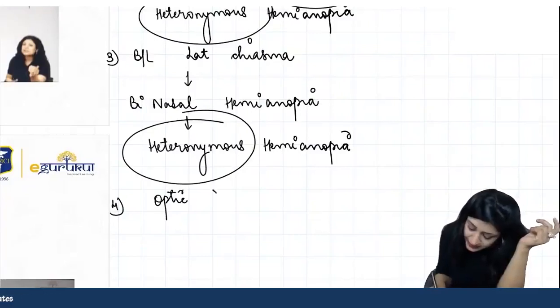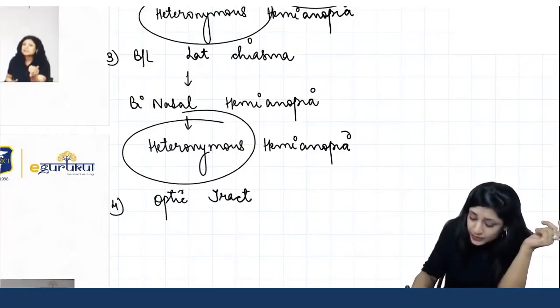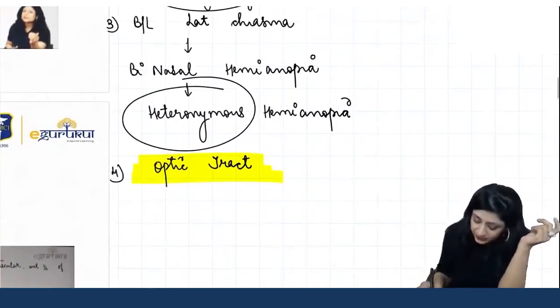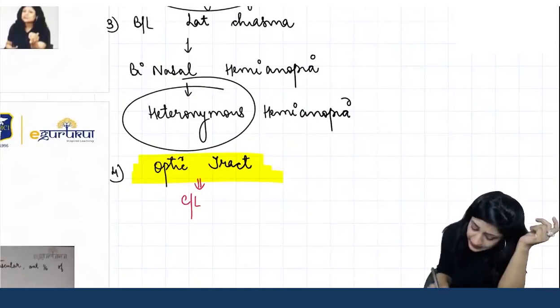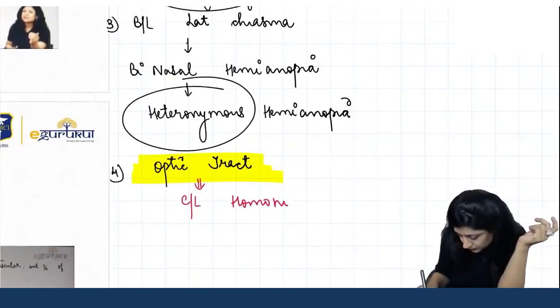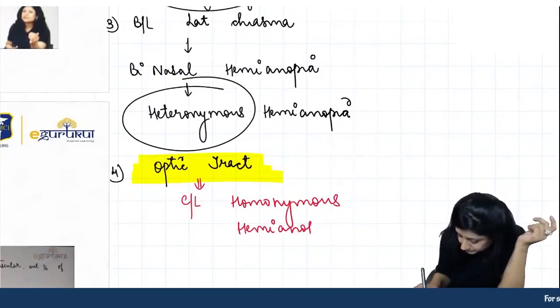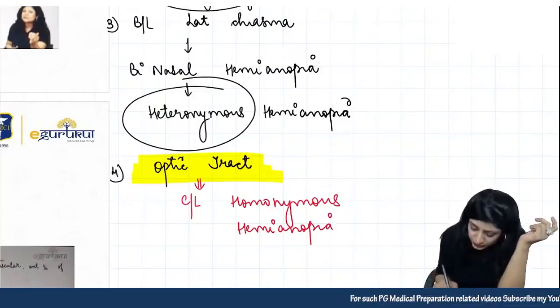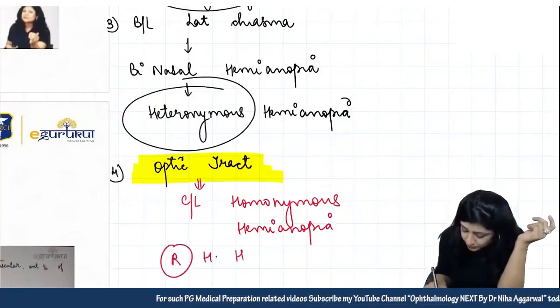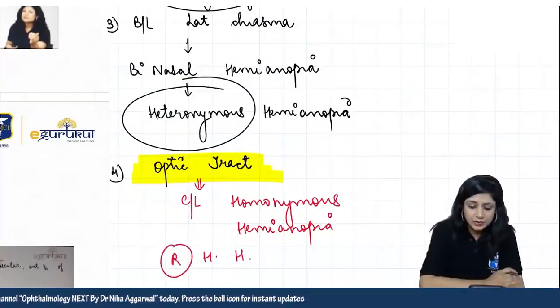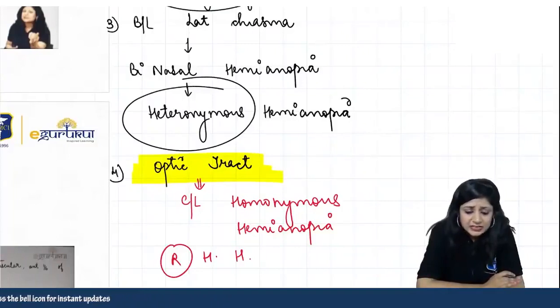Now at the first side, where do you get the homonymous hemianopia? So for the first time, it is at the level of optic tract, where you get contralateral homonymous hemianopia. Now they have given you the right homonymous hemianopia. So what should be the answer, guys? If I want to search for the right homonymous hemianopia, bitemporal was there in the question.